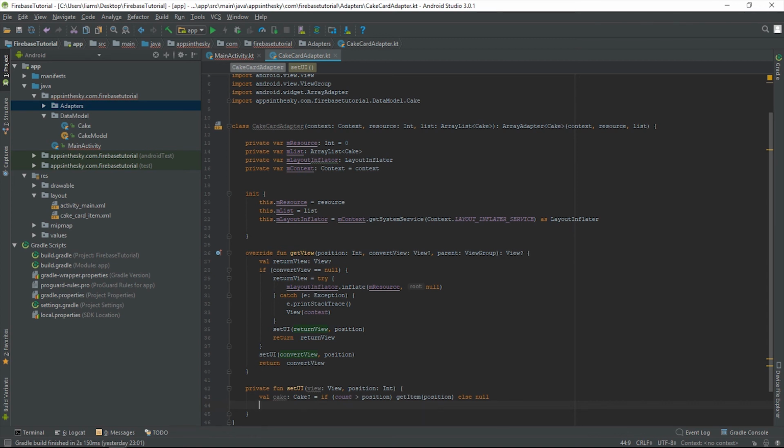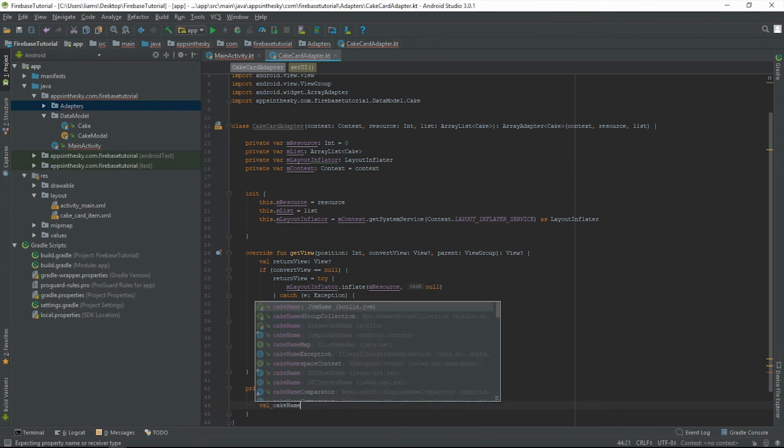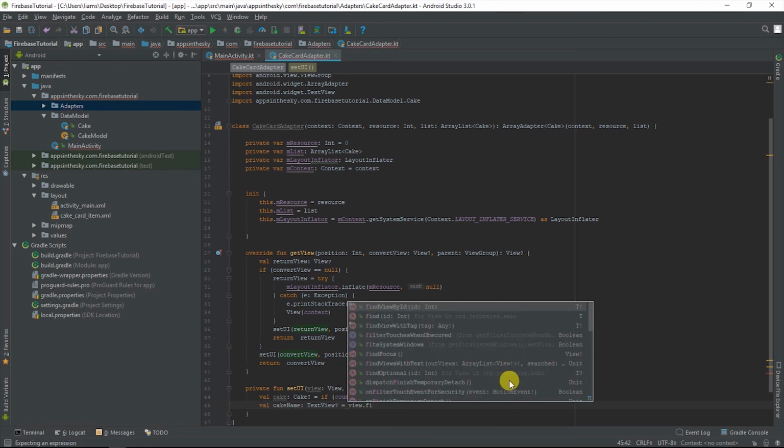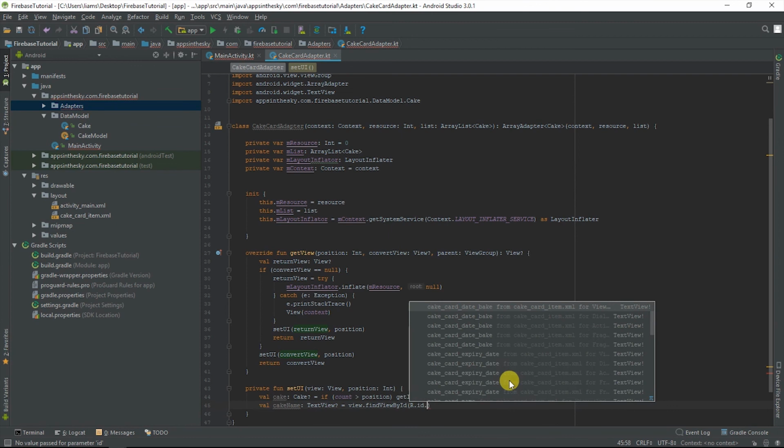Now, what we're also going to do is get the text views of each inside of the card item. So val cakeName is going to be of type TextView. It's going to be an optional in case it can't find it for some reason. We call view.findViewById R.id.CakeCard name,